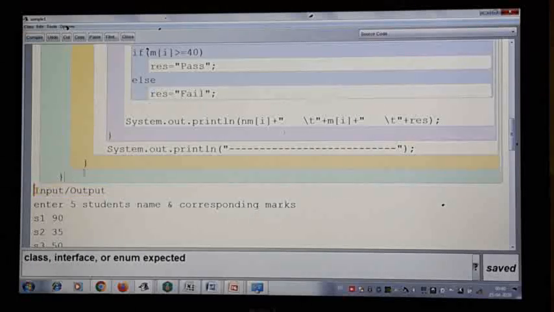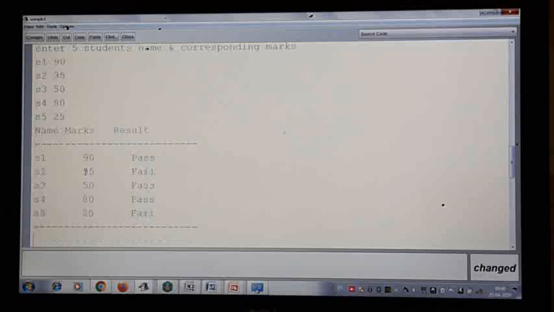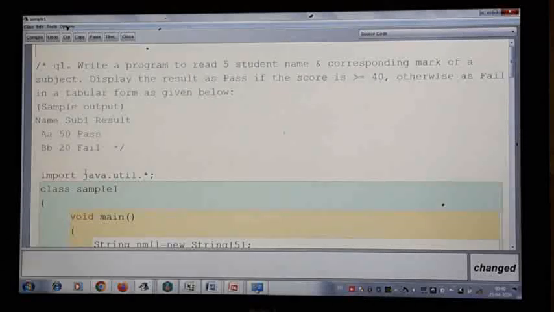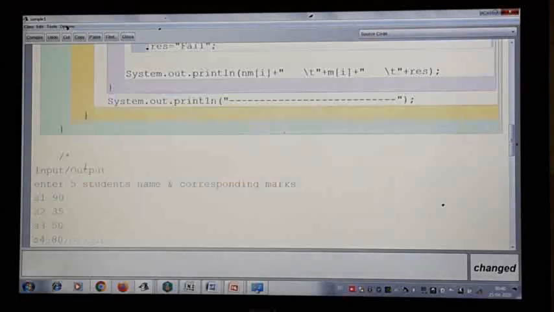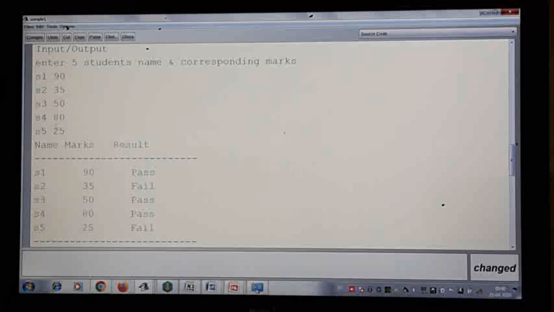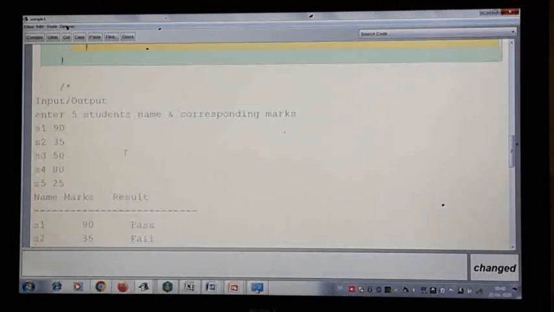So what you do, after you store that, is make this a comment. As you all know, comments are not compiled. It is only for your reference. You are storing the input and output of this program here. So this is the program question, the content of the program, and below the program you have the input and output, so that you all can record all your programs in this manner. Whenever you want to revise, you can see the question, you can see the program, and below the program you can see the input and output of this program also.